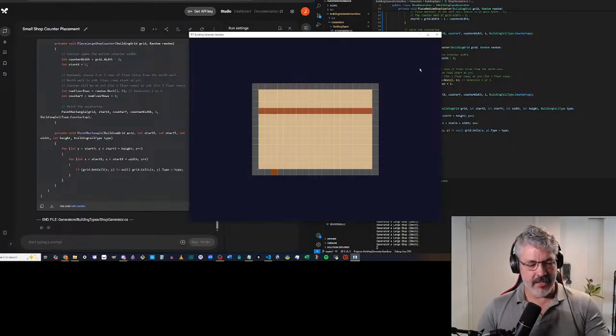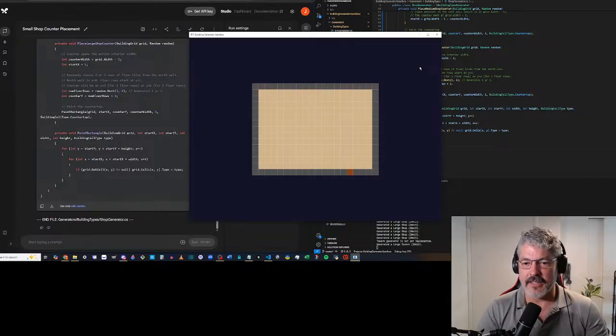All right. The last one is the tavern. Now, for the tavern, I think I'm going to add a new asset type. We're still going to have a countertop, but that's going to be the bar. And then I think I'm going to have bar stools at the bar and tables in the main room.